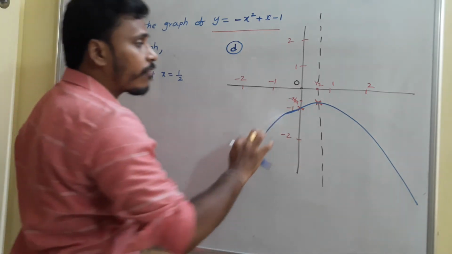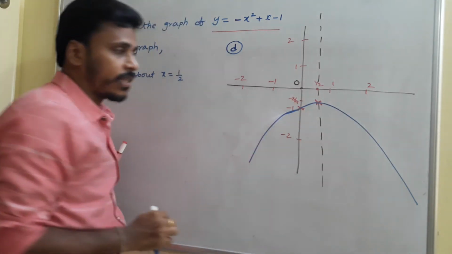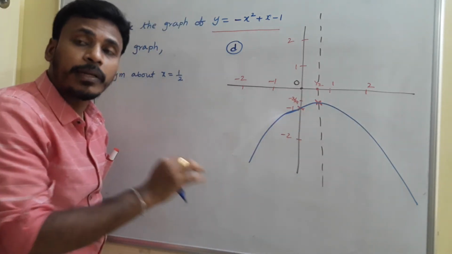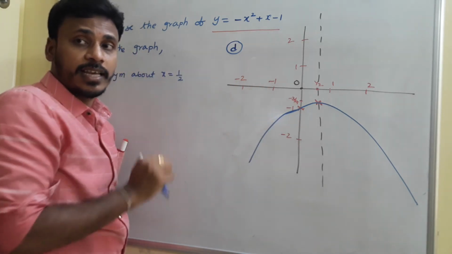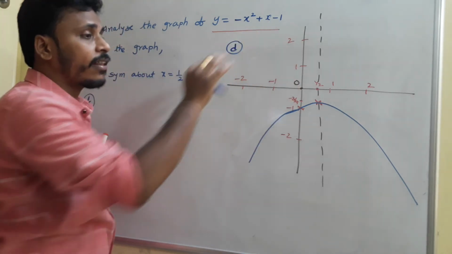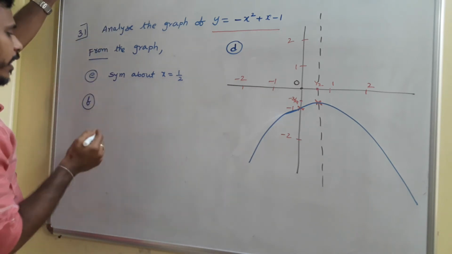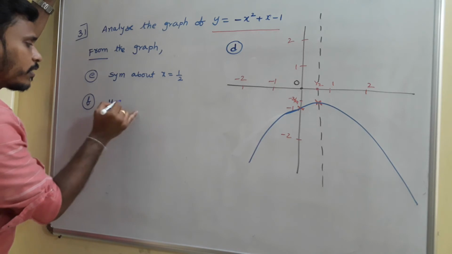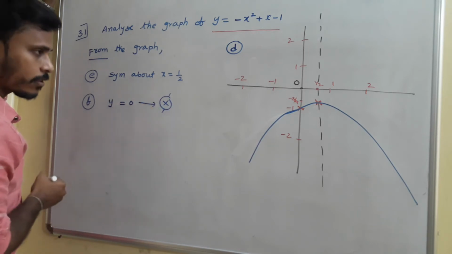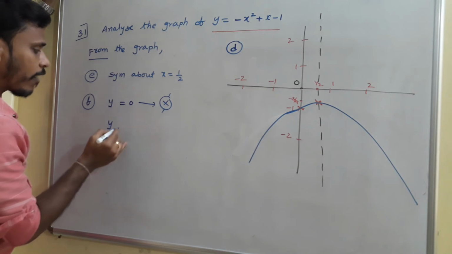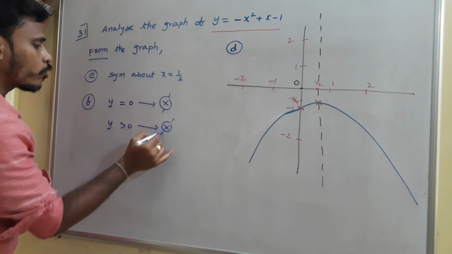Okay. See, this graph is completely below x-axis. That means y values are completely below x-axis. That means y values are completely negative. Okay, the graph clearly shows that since it is never intersecting x-axis and since it is not there above x-axis, so it is not positive, it is not 0, it is always negative. So y is equals to 0, we don't have any values for x. Okay, y is nothing but graph, right?